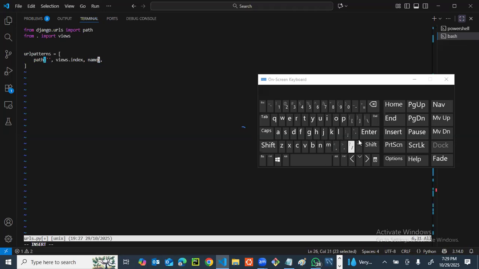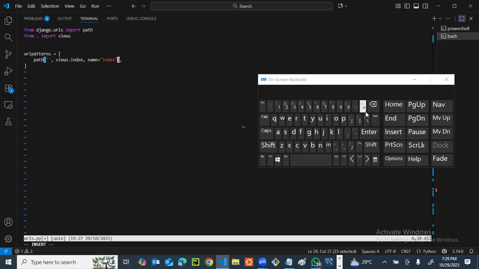Since the function name is index, I think it's safe to call it index. Having called this index, we have been able to map this URL pattern to go and fetch whatever we have inside the index function,